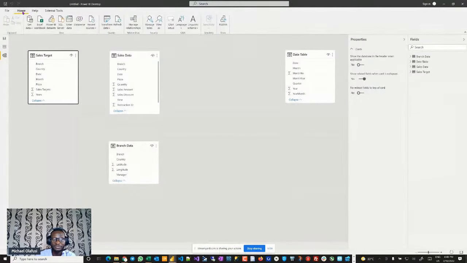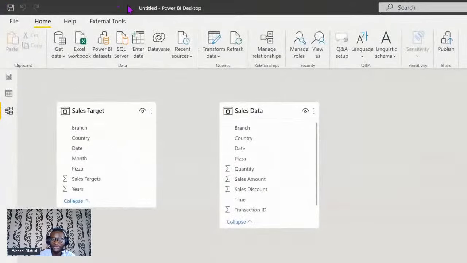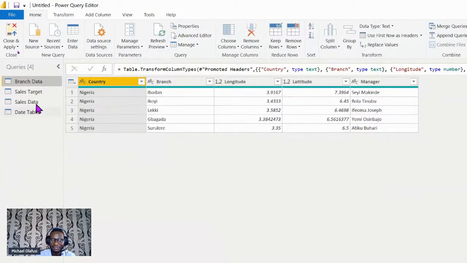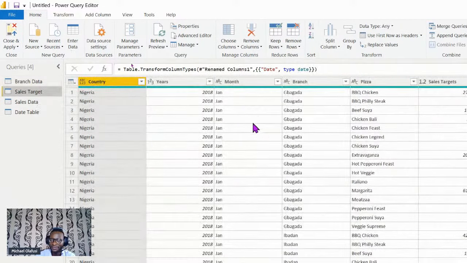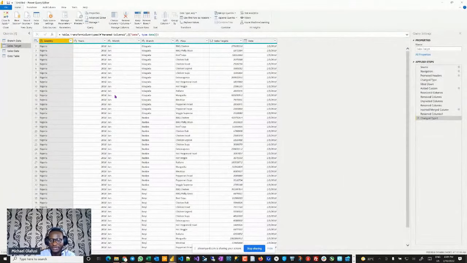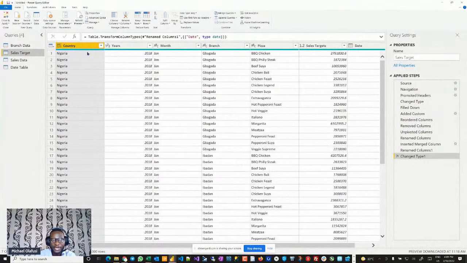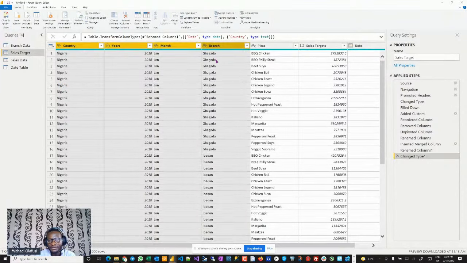So I'll go back to Power Query. I hope you are learning some cool things in Power Query already. So let's come here and let's start with the sales target, right? I want to merge. By the way, let's make this text. I want to merge this with this, with this, with this, with this, so that it becomes like my key, like my reference column, right?